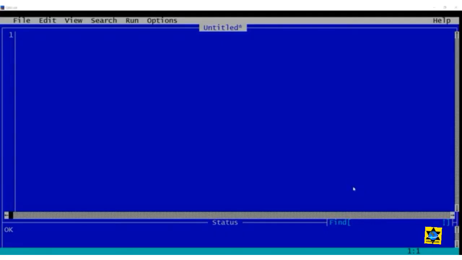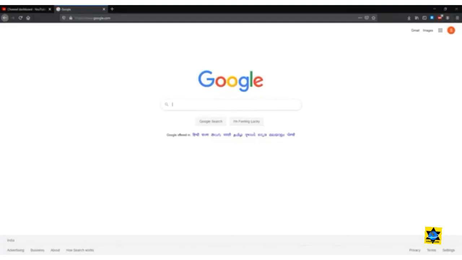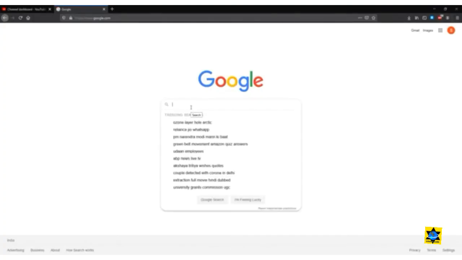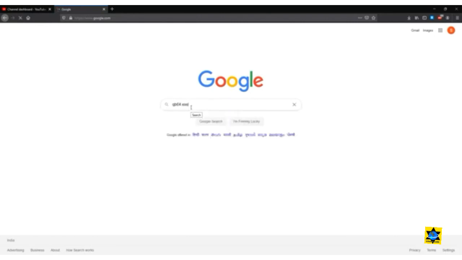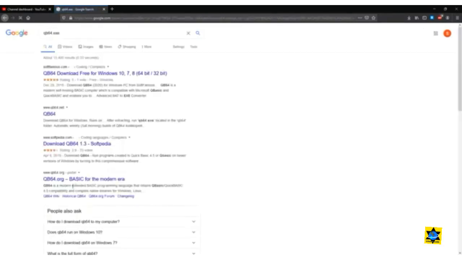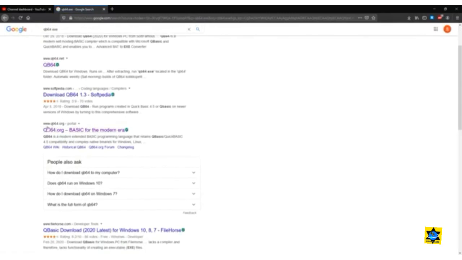This is the software that we are going to use for QBasic programming. It's QB64. First I would like to explain how to download this software. Open your web browser, go to Google, type qb64.exe, press enter, go to this website, www.qb64.org.